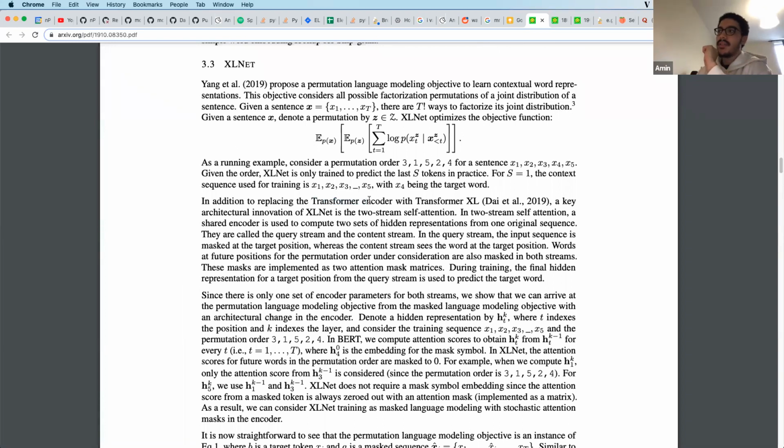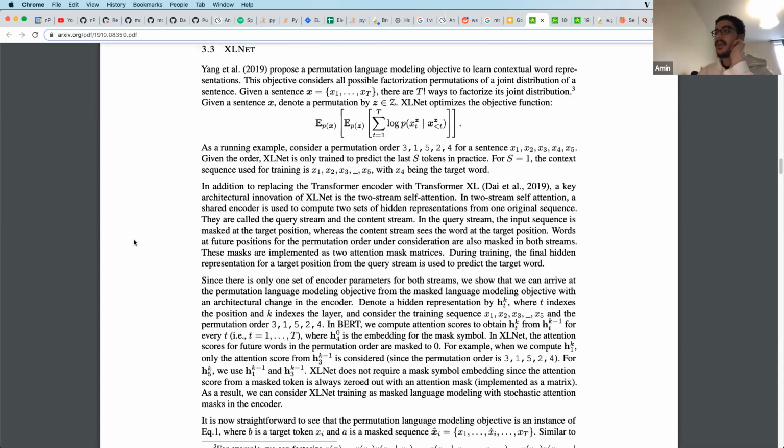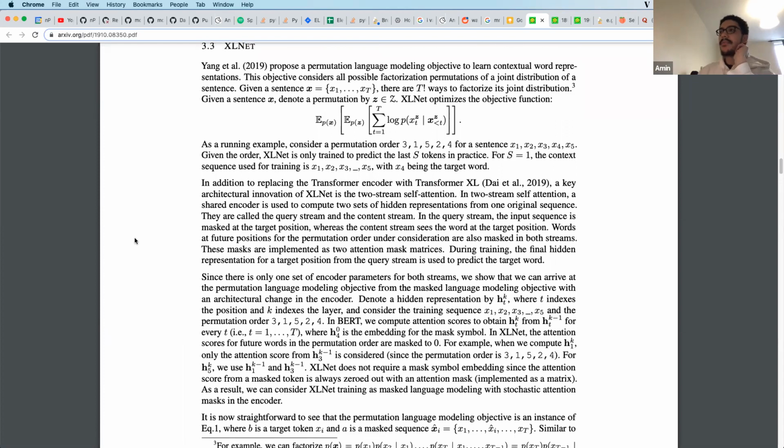Another key difference is that it uses a transformer XL instead of the transformer encoder. I don't think this is a difference which pertains to this paper, but